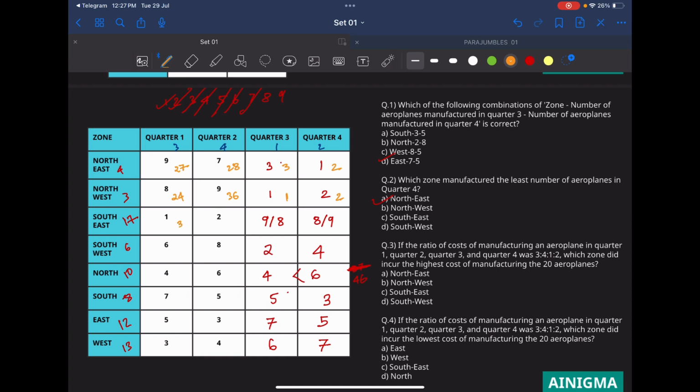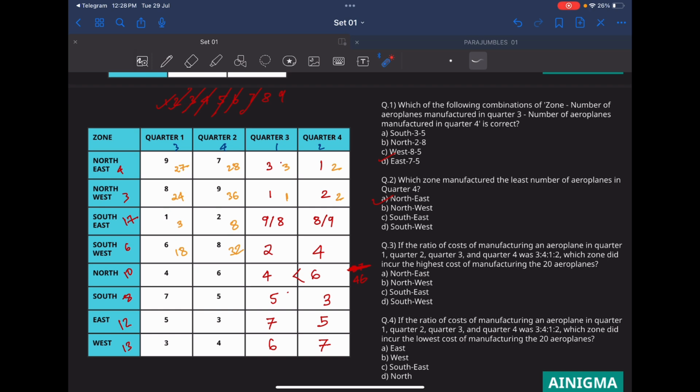Southeast: 3 ones are 3, and Southwest: 6 3s are 18, 4 2s are 8, and 8 4s are 32. And then in some order 9 and 8 would be there. So if it can be 9 and this can be 8 and this can be 16 or 18, but still it would be lesser, isn't it? Because if the sum here is 3 and 8, this is probably 11 and this is